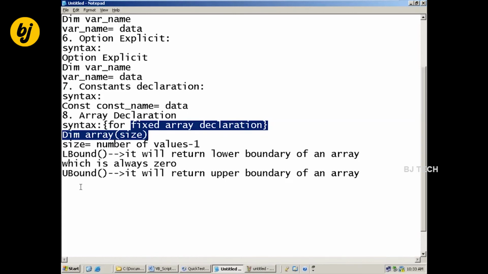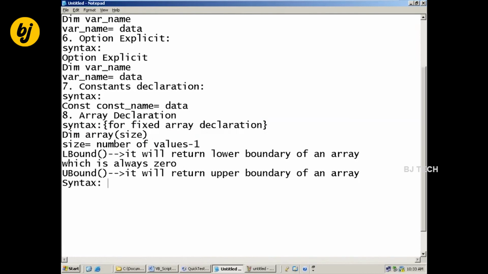Now we have another syntax here: dynamic array declaration. ReDim of array name of size.